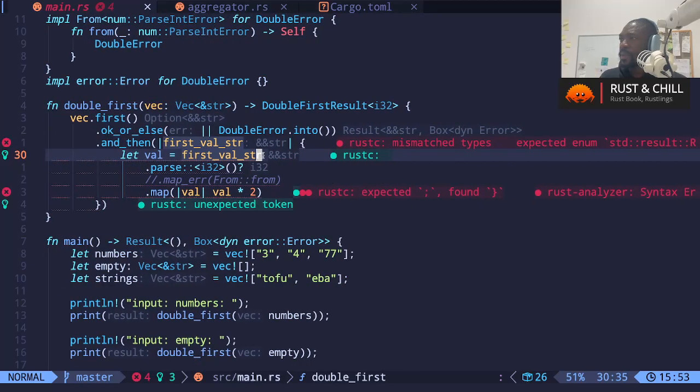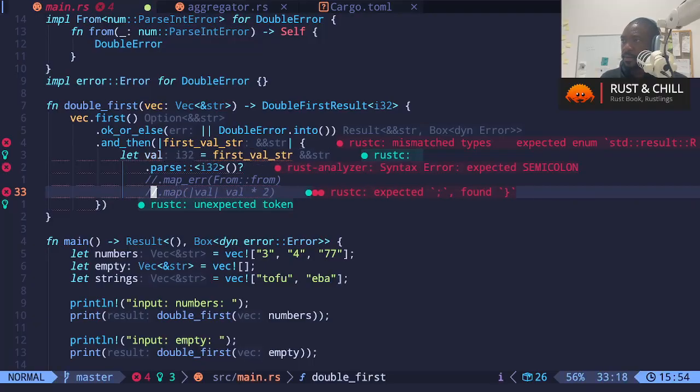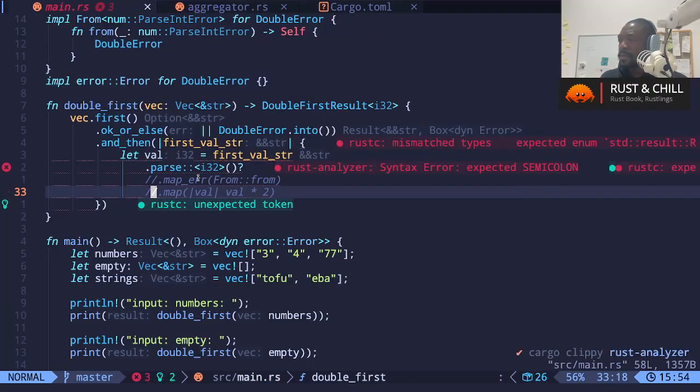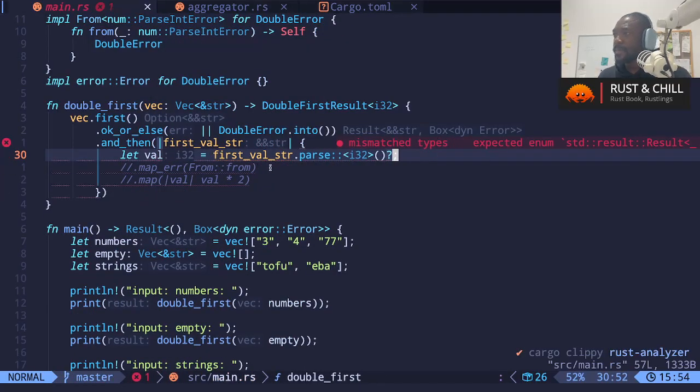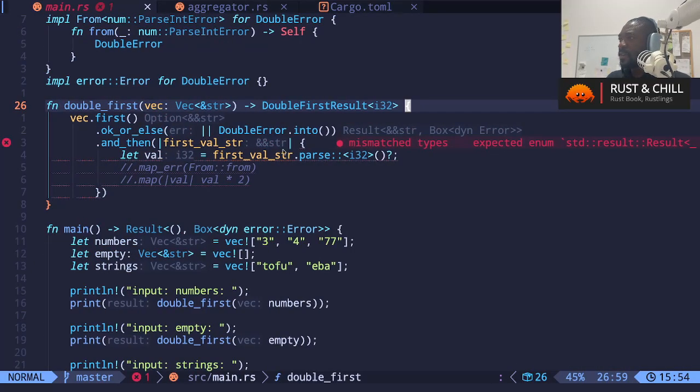So parsing this, you have this, and I want to see. So you have an i32. Oh yeah, let's say we, wait. Okay, so this would give us an i32 value